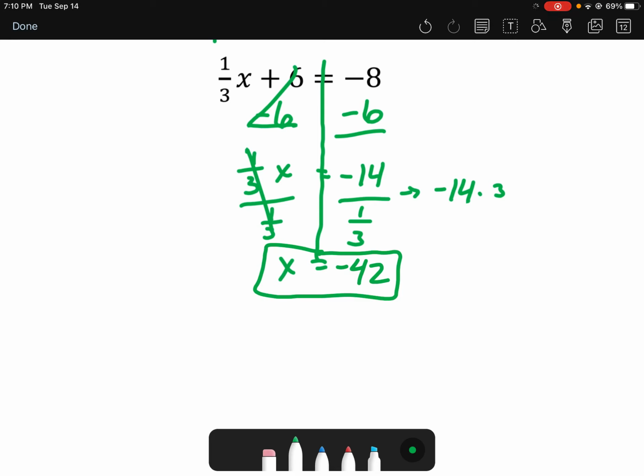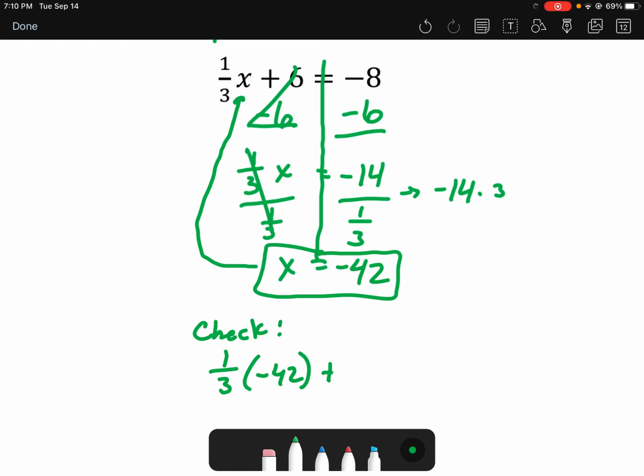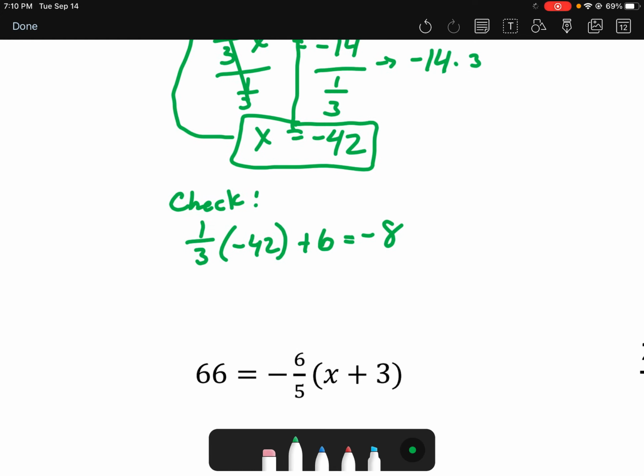However, I do need to check. So I need to take that negative 42 and substitute it back into the original. So here's my check zone. I have 1/3 times negative 42 plus 6, and I need that to equal negative 8. So 1/3 of negative 42,